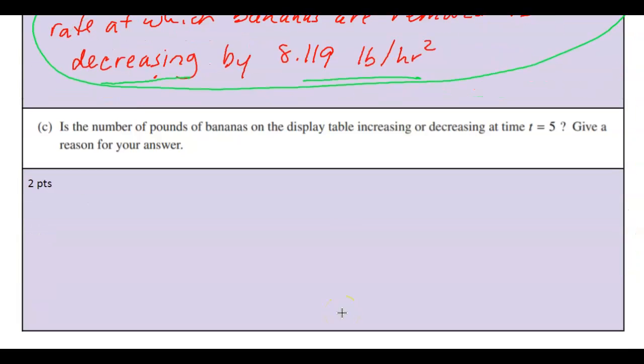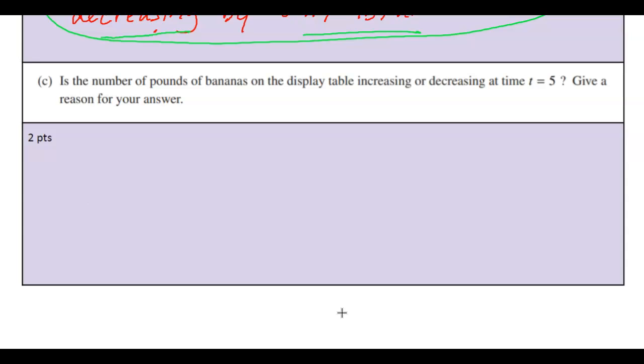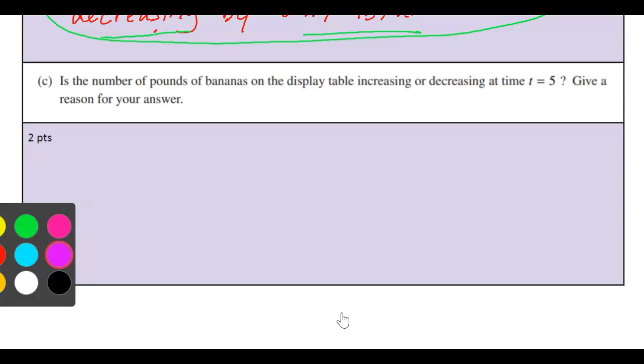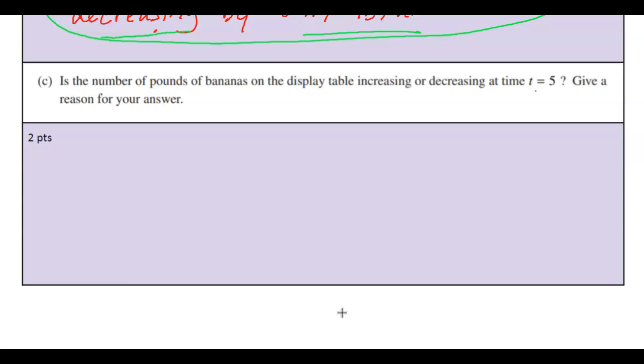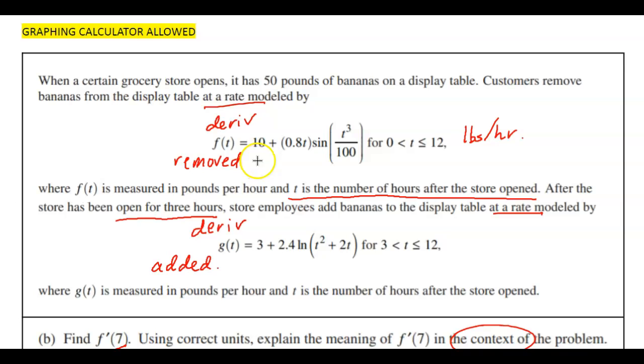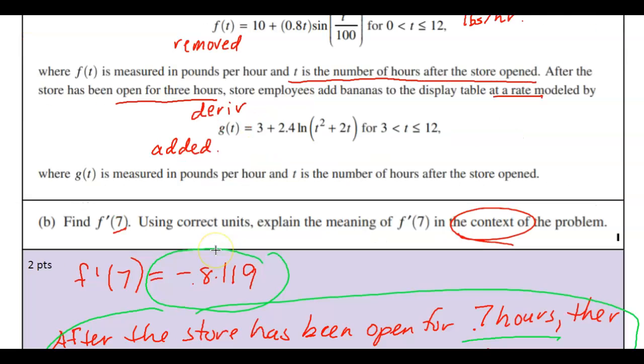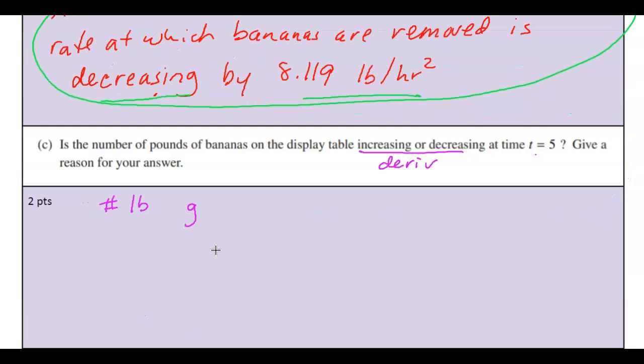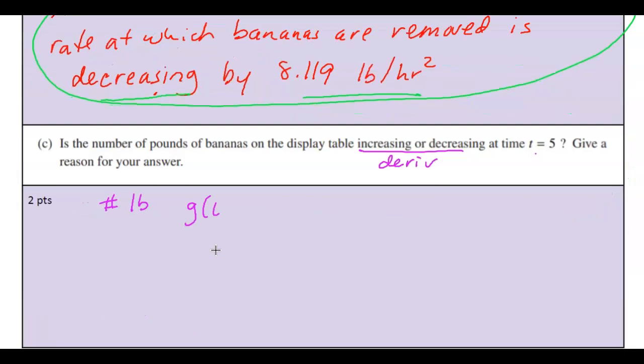All right, let's go to the next part, part C. So is the number of pounds of bananas increasing or decreasing at t equals 5? So the number of pounds has to do with how many bananas there are. So this is a derivative. And the rate at which they're being removed, is that G or F? That's being removed. So how many are being added